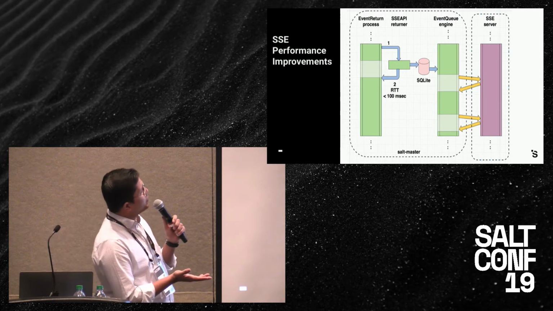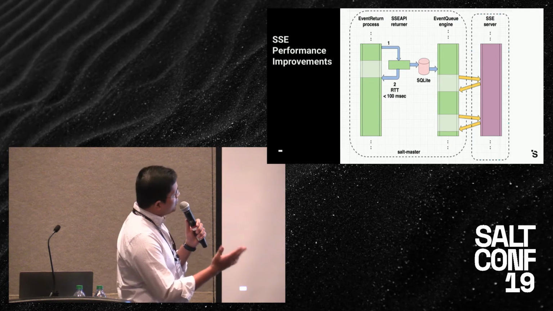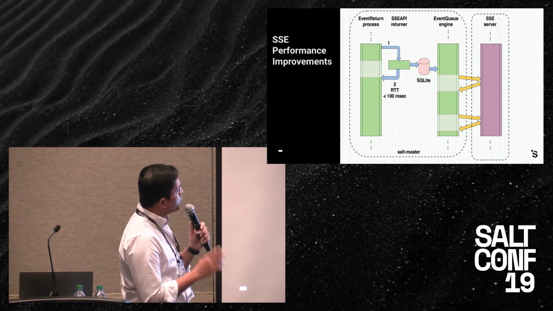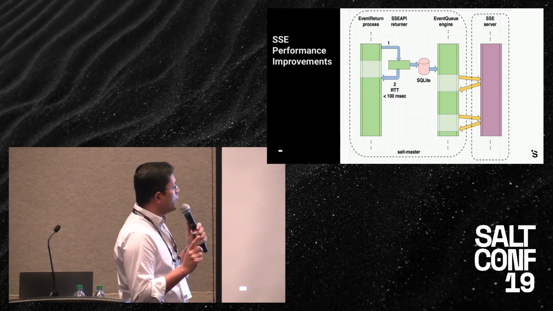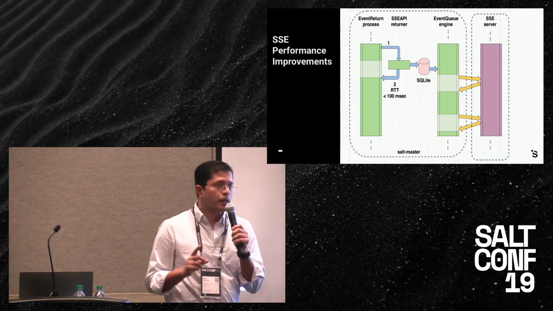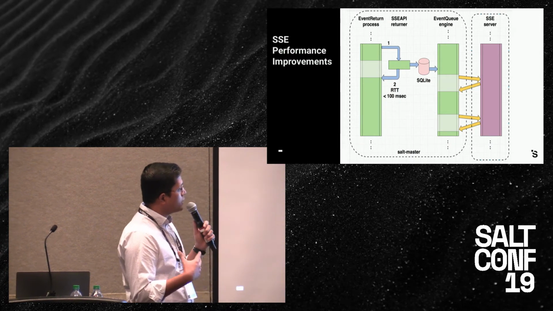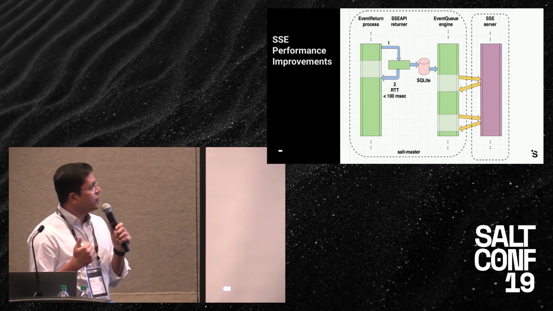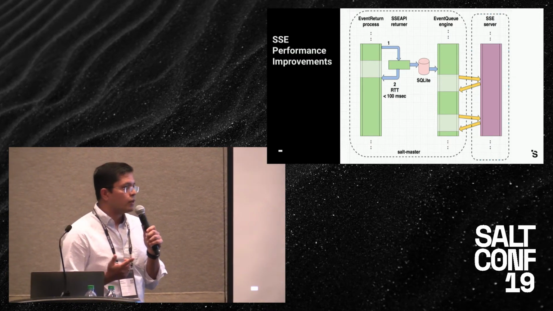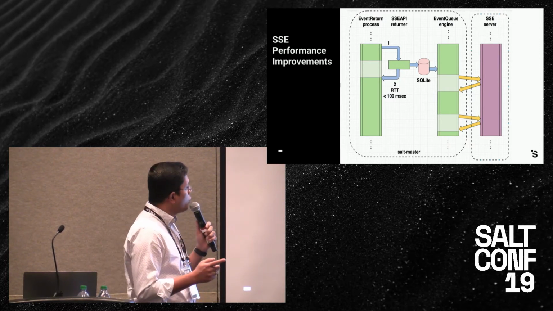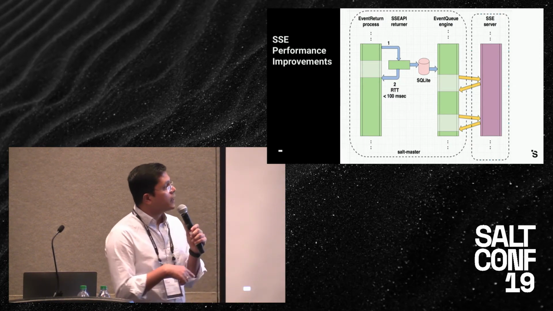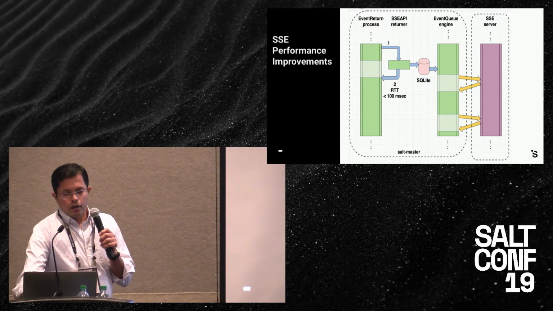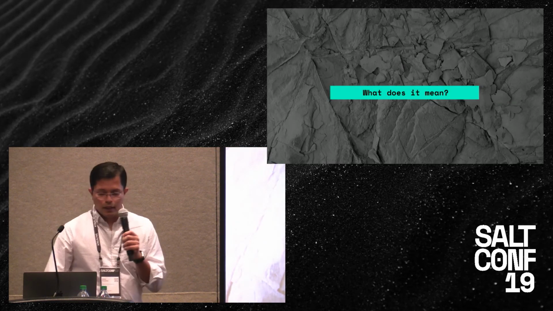So you might be thinking, what does this mean to me? These charts look great and so on and so forth. But there's one more change we made in Salt Open 2019.2.1, which allowed us to batch the event queue as well. So with the combination of the batching of events in Salt Open 2019.2.1 or 2.2 and SaltStack Enterprise 6.2, this is what you should expect.